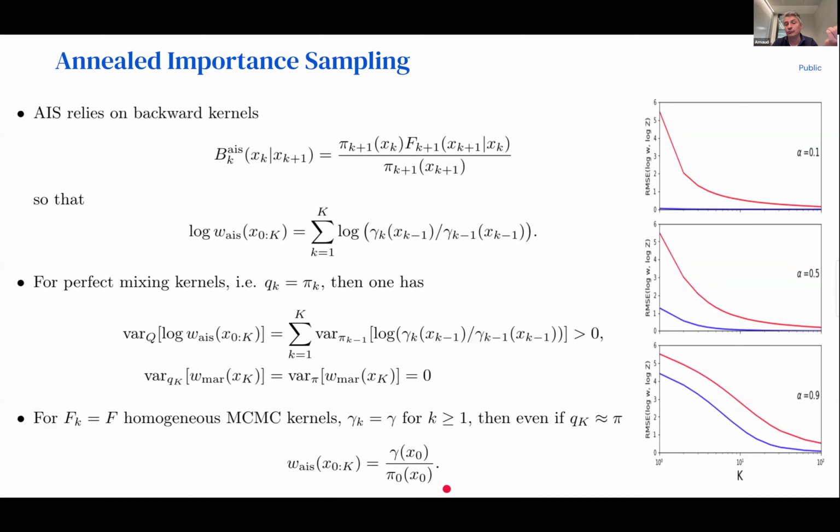Okay, so it tells you all the work you did after sampling x naught from pi naught is being forgotten by your annealed importance sampling algorithm, which is actually kind of problematic. And you see that it tells you already there's something a bit wrong going on here with this choice of backward Markov transition kernel.